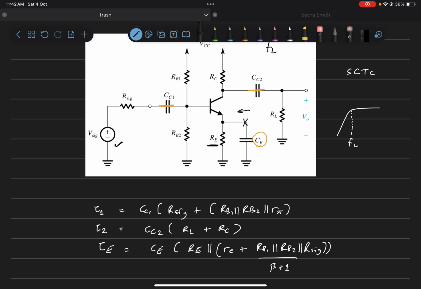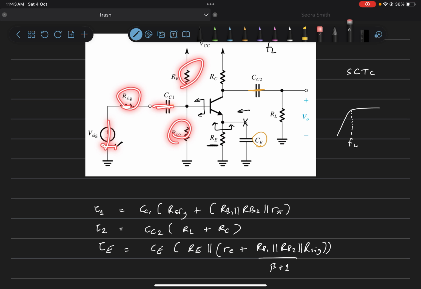So we'll have RE when we look in from here, and all this impedance which is looking from this node to ground will be divided by beta plus 1. The impedance that we see from this node to ground is simply everything in parallel, RB1 in parallel with RB2 in parallel with R sig, because CC1 is a short, and V sig is also short because we null all the voltage sources and all the independent sources in the circuit. So V sig is ground, CC1 is short, so we'll have RB1 in parallel with RB2 in parallel